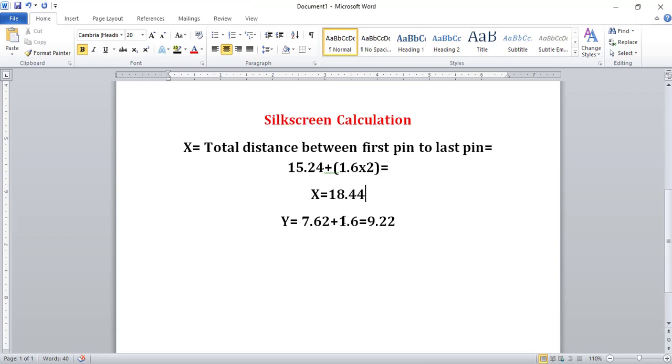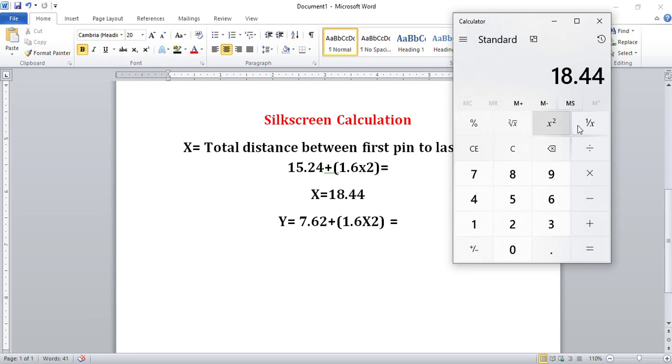So vertical pitch 7.62, plus 1.6 into 2, that is 3.2, plus 7.62 equals 10.82.